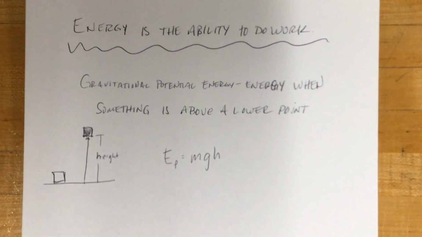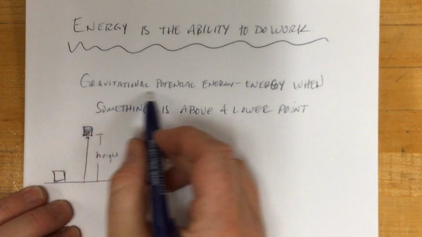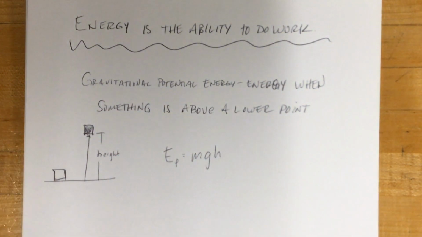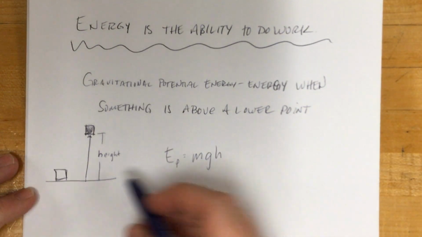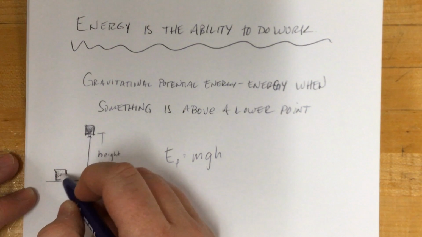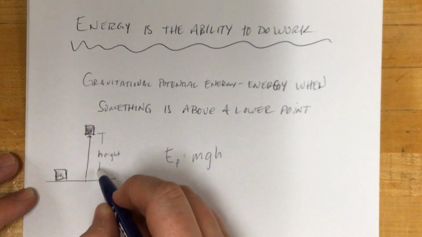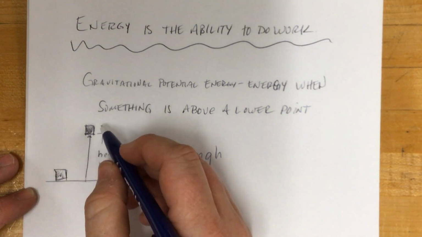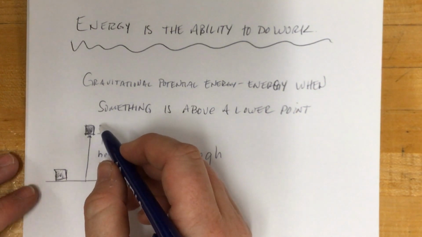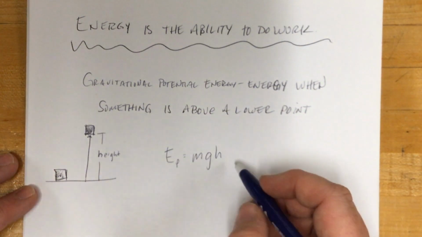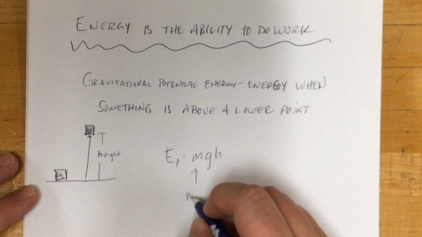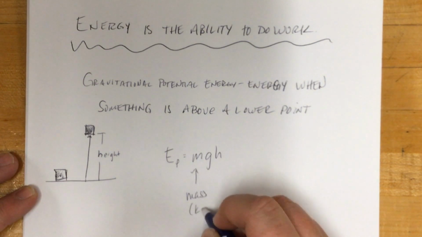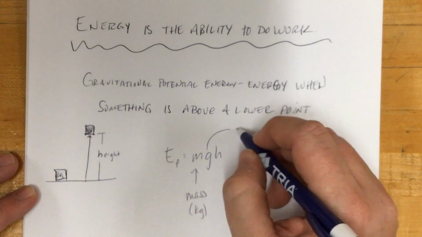Energy is the ability to do work. There's three types that we'll be looking at. One of them is called gravitational potential energy. And this energy is when something is above a lower point. So if you lift a box, let's say you have your box here, and you lift it up from here and push it up there to some height, you're adding energy into the system. And in doing that, to figure out how much energy you have, you will take the mass that's measured in kilograms times gravity